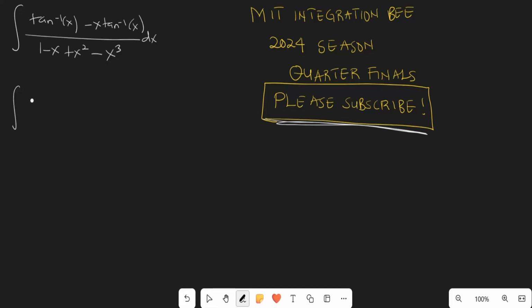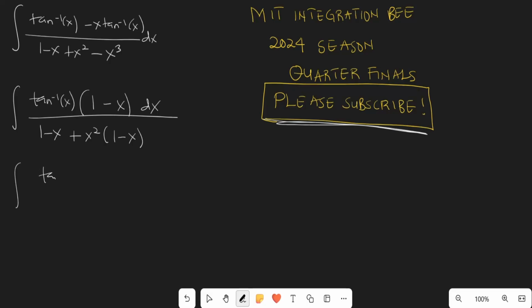So this is the integral of tan inverse of x. I'm going to factorize tan inverse of x out, and that's going to be left with 1 minus x dx in the numerator. In the denominator, I can factorize x squared out between x squared and x cubed, and that'll be left with 1 minus x. So the integral of tan inverse of x times 1 minus x dx all over